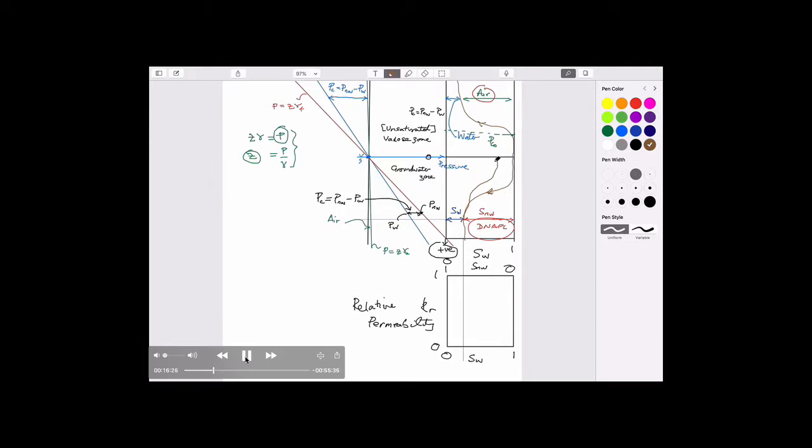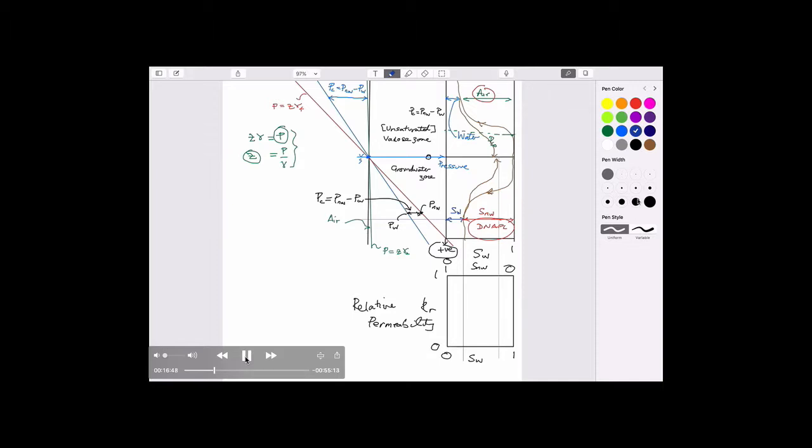And they're related through the residual saturations of water and the non-wetting fluid. Non-wetting fluid can be air or it can be NAPL rather. And based on those limits, those two saturation limits, then that defines the relative permeability curves,